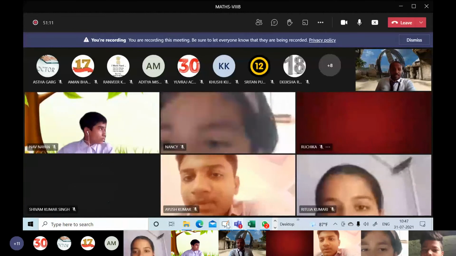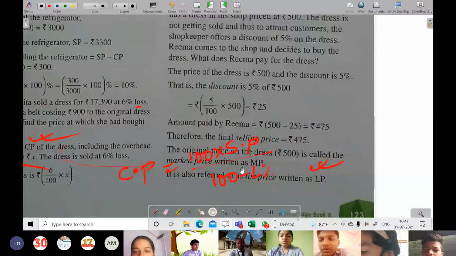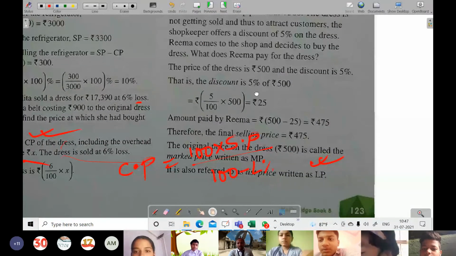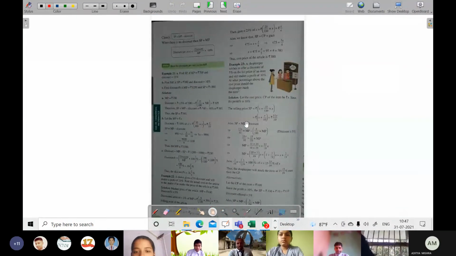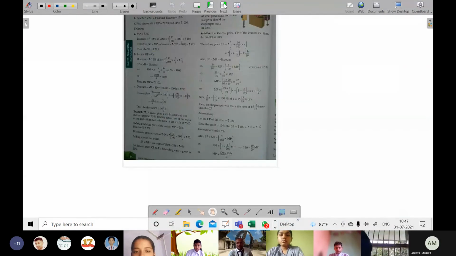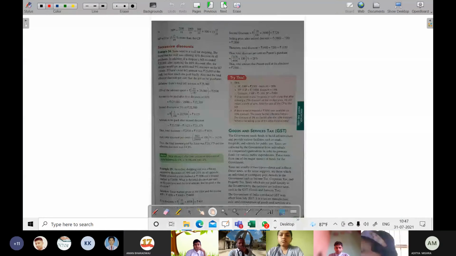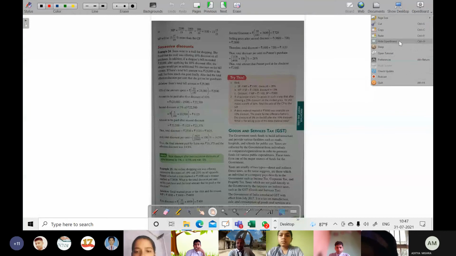Okay, so what you will be doing now, I can see the time has gone too much over. So you all will be doing these two questions and you will be reading the text further. Some examples are also there which I'll be explaining next day. Okay, then we will be coming towards GST. I hope next day I'll be coming towards goods and services.